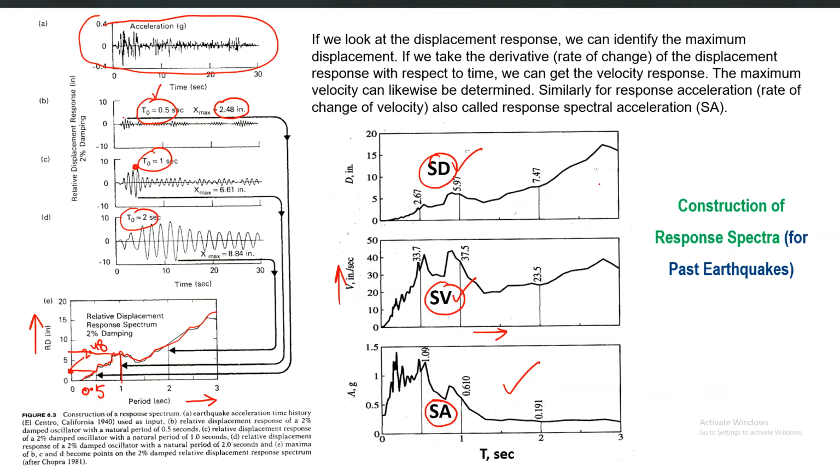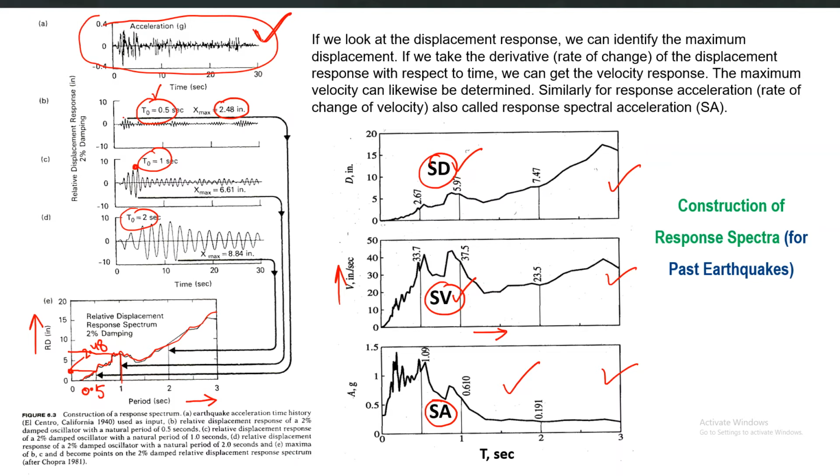So now these three new response spectra are the representation of the same earthquake, this one on top, which we just converted into three other forms: spectral displacement, spectral velocity, and spectral acceleration. They are not fixed numbers, they are basically functions of the time period of the single degree of freedom system, which is representing different buildings or different structures. So these three represent the same earthquake, but in a more meaningful manner.